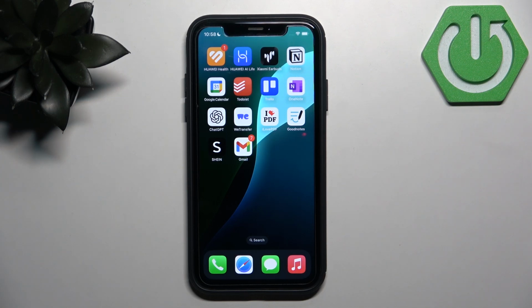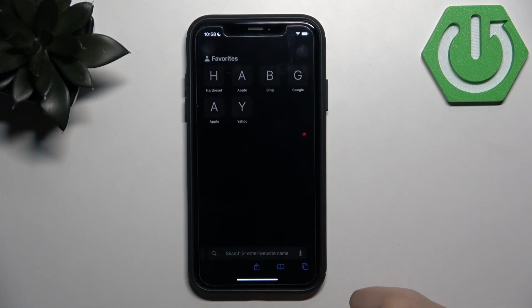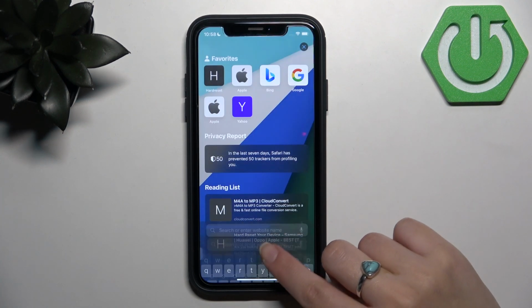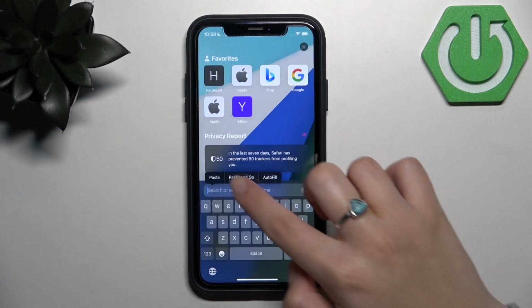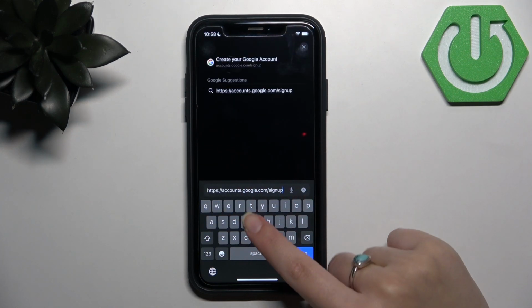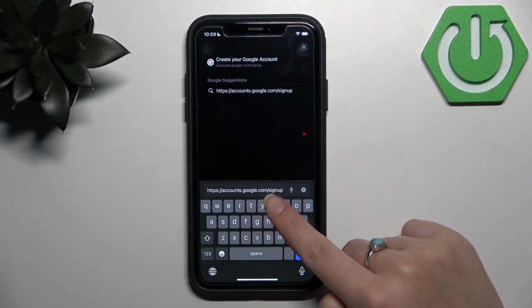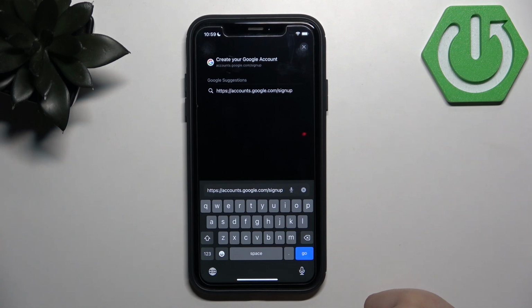So if you want to use a website, you need to firstly open your preferred browser. Mine is Safari, and then you need to type this link accounts.google.com/signup, or you can just search on Google "create new Gmail account",